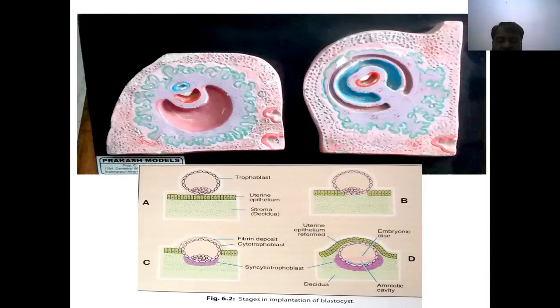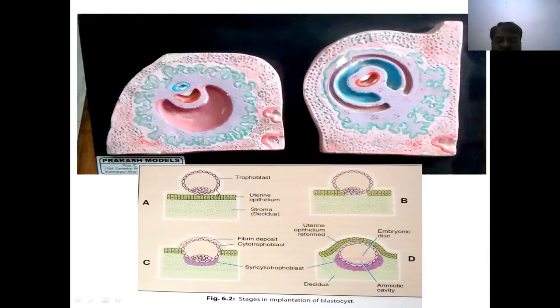Up to the morula stage, the embryo has a zona pellucida that prevents accessory implantation, or prevents the attachment of the trophoblast in the fallopian tube. It disappears after implantation of this zygote.